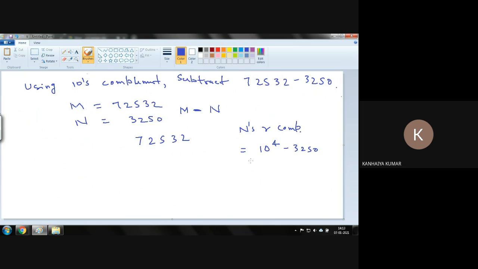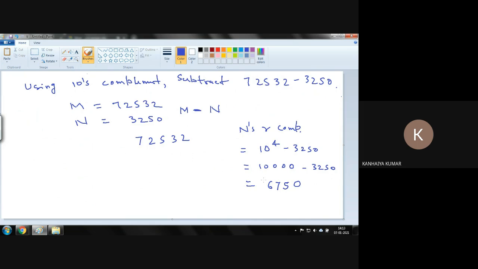If you remember, 10⁴ is nothing but 10,000. 4 zeros minus 3250 will give you the result: 0 becomes 0, 10 minus 5 is 5, 9 minus 2 is 7, and then 9 minus 3 is 6,